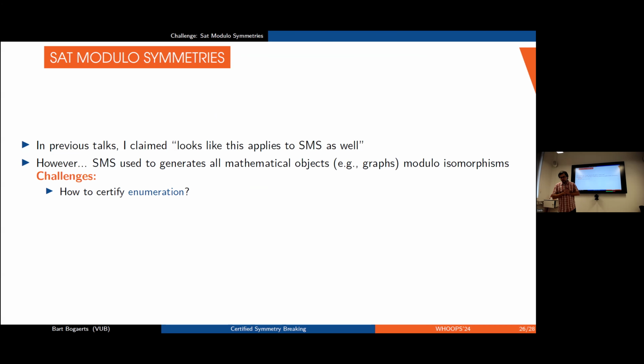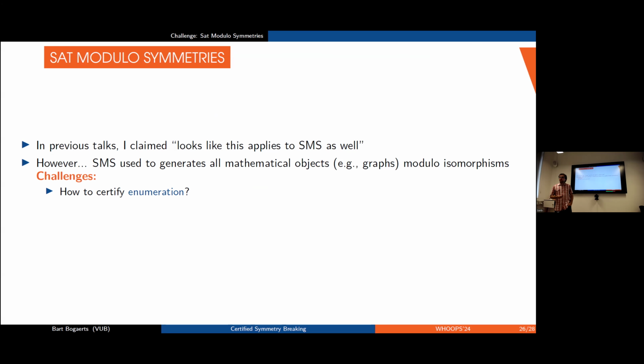So the idea of submodular symmetries is, well, let's encode on the one hand our problem of being a graph with certain properties of a certain size, and on the other hand, we know what the isomorphisms are of these kind of objects. So let's devise a propagator. It's very efficient for this specific kind of thing, and it propagates the lexicographic order. The first idea is, whenever the propagator wants to learn a lex leader clause, we can just do exactly what we did before. Because it's just a lex leader clause, we know what the symmetry is, we can just apply it. And this is possible, but there's